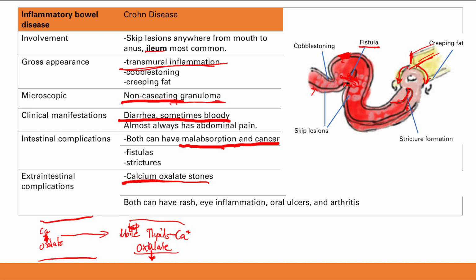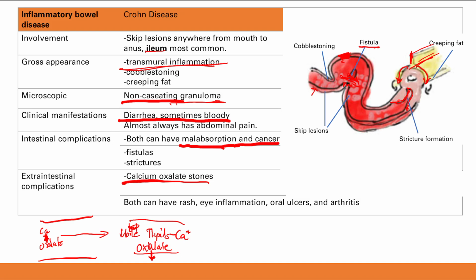They are excreted together. In Crohn's disease, you can have involvement of the ileum. If you have involvement of the ileum, you have decreased bile reabsorption. Now you have increased lipids. Lipids bind to the calcium. Calcium is not available. So oxalate is now absorbed, goes to the urine, precipitates, causes stones in the kidney, and